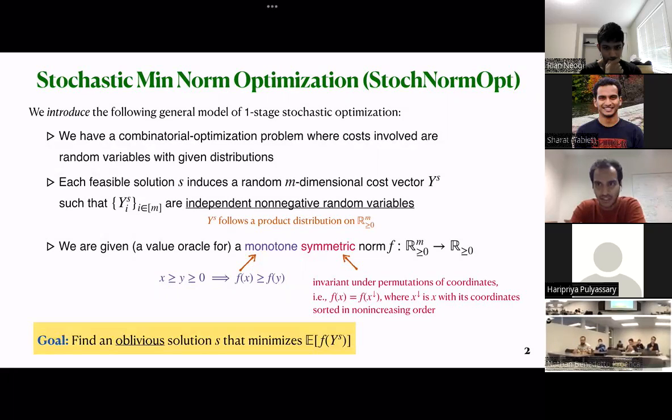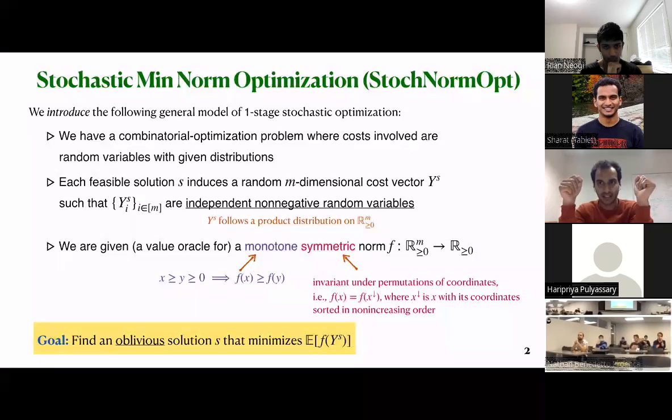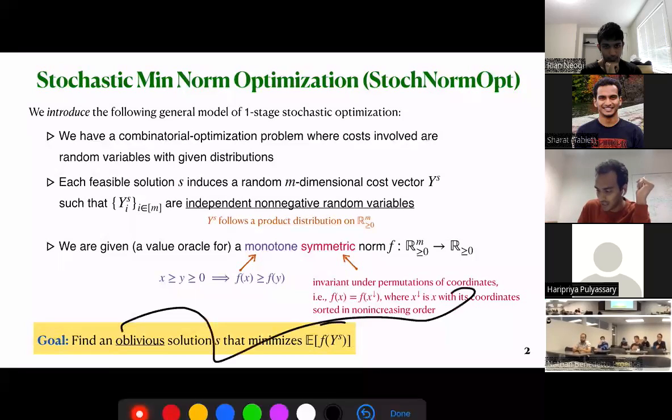And what is the goal in this model is to find an oblivious solution S that minimizes the expected F norm of the random cost vector. Okay, what do I mean by oblivious? Given all this distributional information, you fix a solution S, then that leads to a random vector Y, right? You haven't yet seen the realizations. Then the quality of the solution is measured by